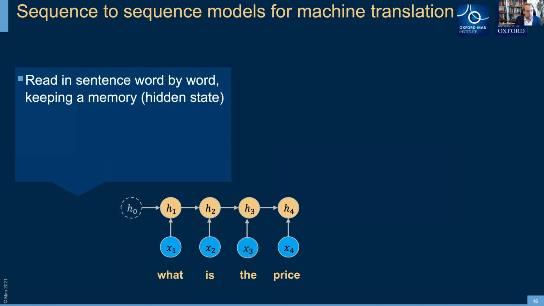The first step is to read in a sentence word by word. Before that, I won't go into the details here, but you have to vectorize your words. You have to convert your word into some form of vector representation, which you can feed into your model. There are techniques to do that, and I won't comment on those. But once you have done it, you feed in word by word: first word, second word, third word, and so on into the model.